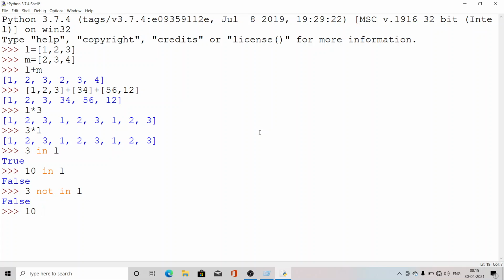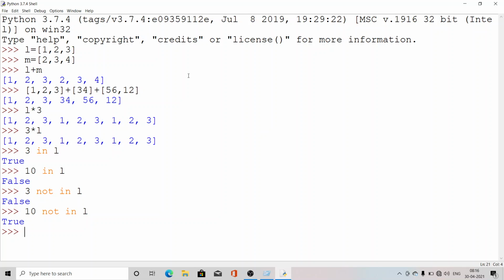If I am writing here 10 not in L, okay, it returns True. So the in operator, when you have to check the presence of any value inside the list, you have to use in. If you want to check that the value is not present inside the list, you have to use not in. Clear? So that is in and not in.